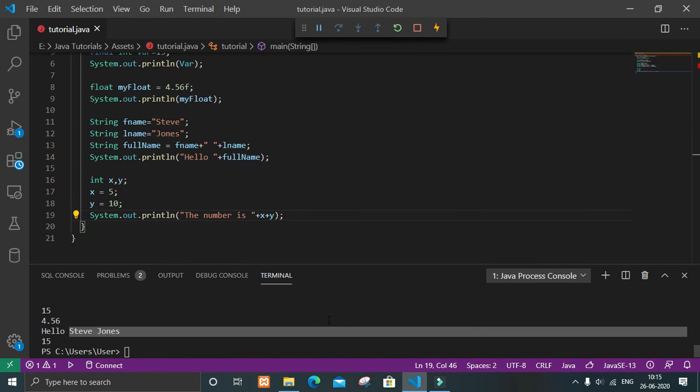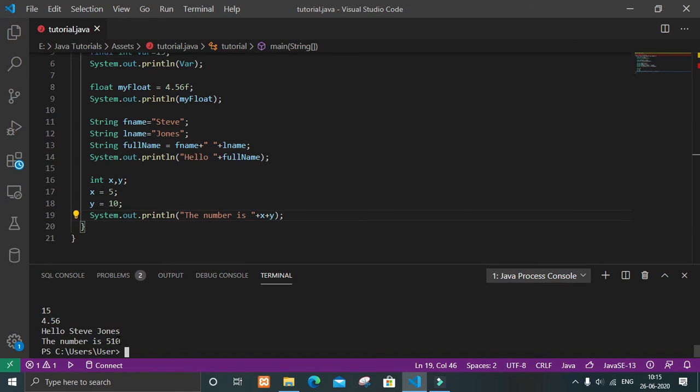So you can see now here we are getting 5 then 10, because we are concatenating a string with integers, so it is taking these two variables as strings, because we are just putting them with a string.